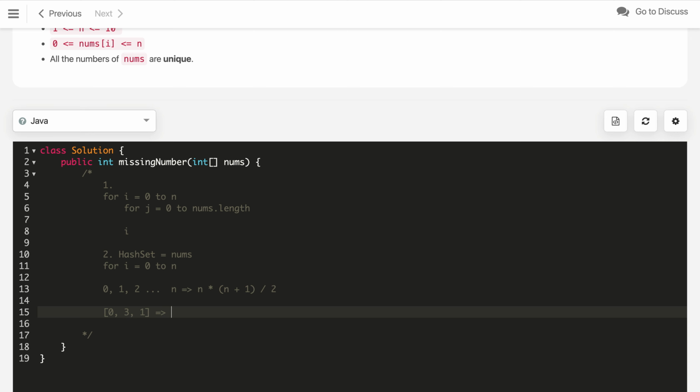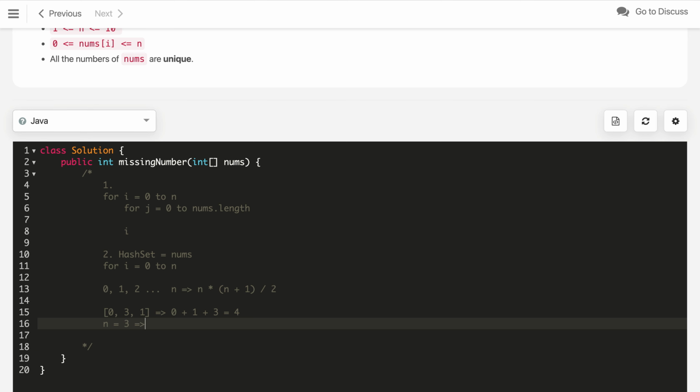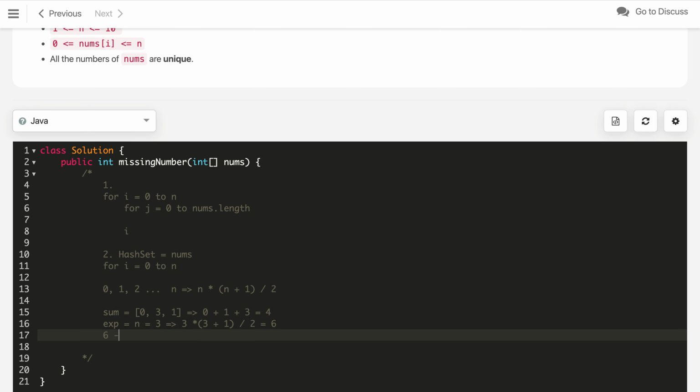The sum of this will be 0 plus 1 plus 3, which is 4, and the expected sum, where the length of our array is 3 here, was 3 into 3 plus 1 by 2, which is 6. So we will subtract the actual sum from the expected sum. So 6 minus 4 is the missing number, which is 2.